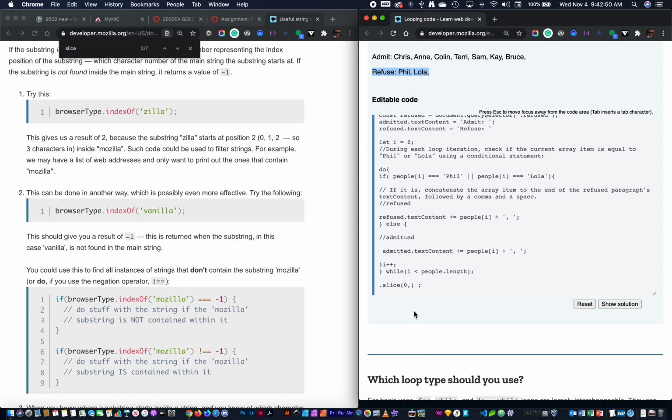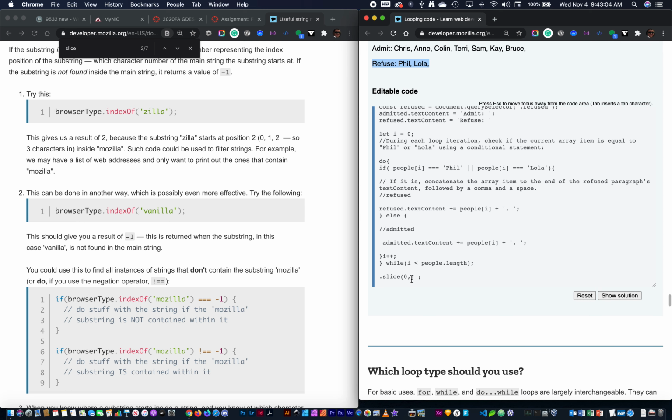So that's a number that we'd then have to take a certain number away from to remove and then add back a period. So our slice parameter here says start on 0, and then we want the length of refused, length,